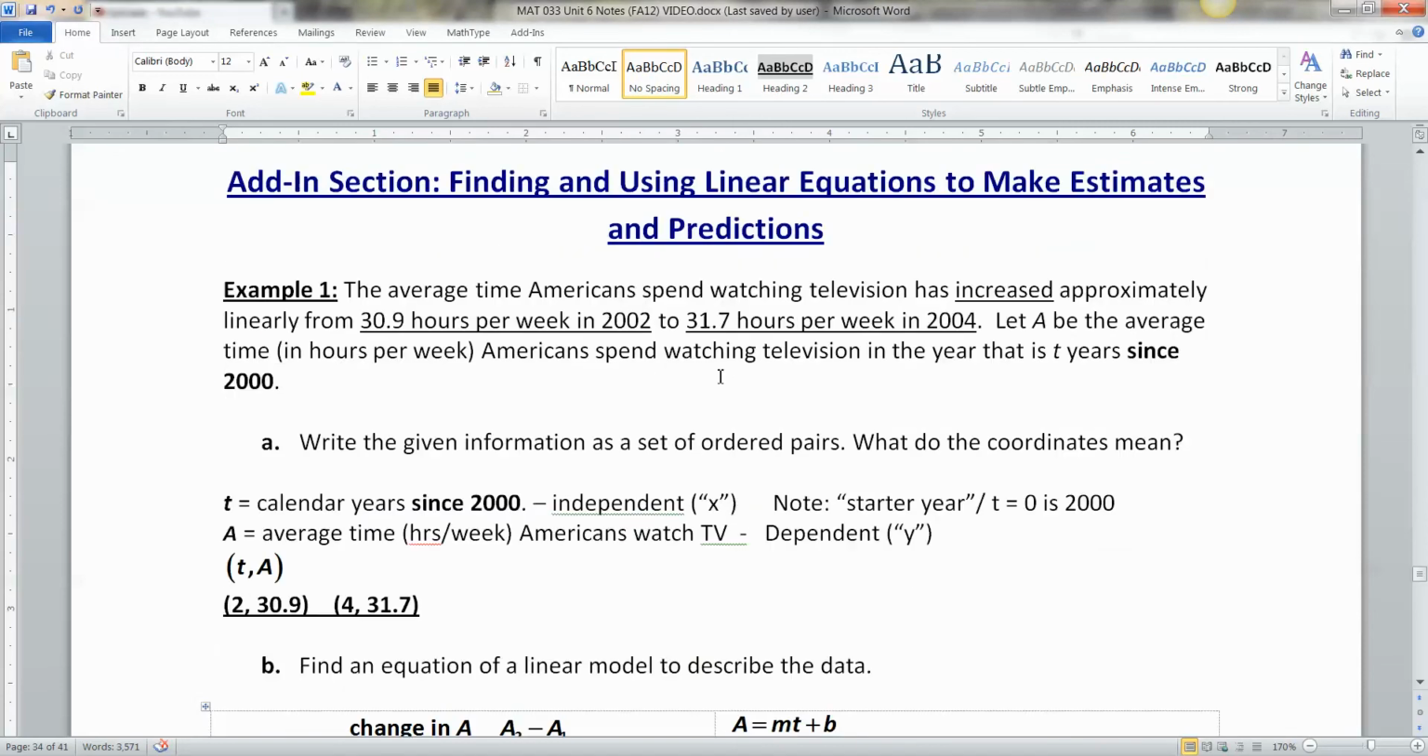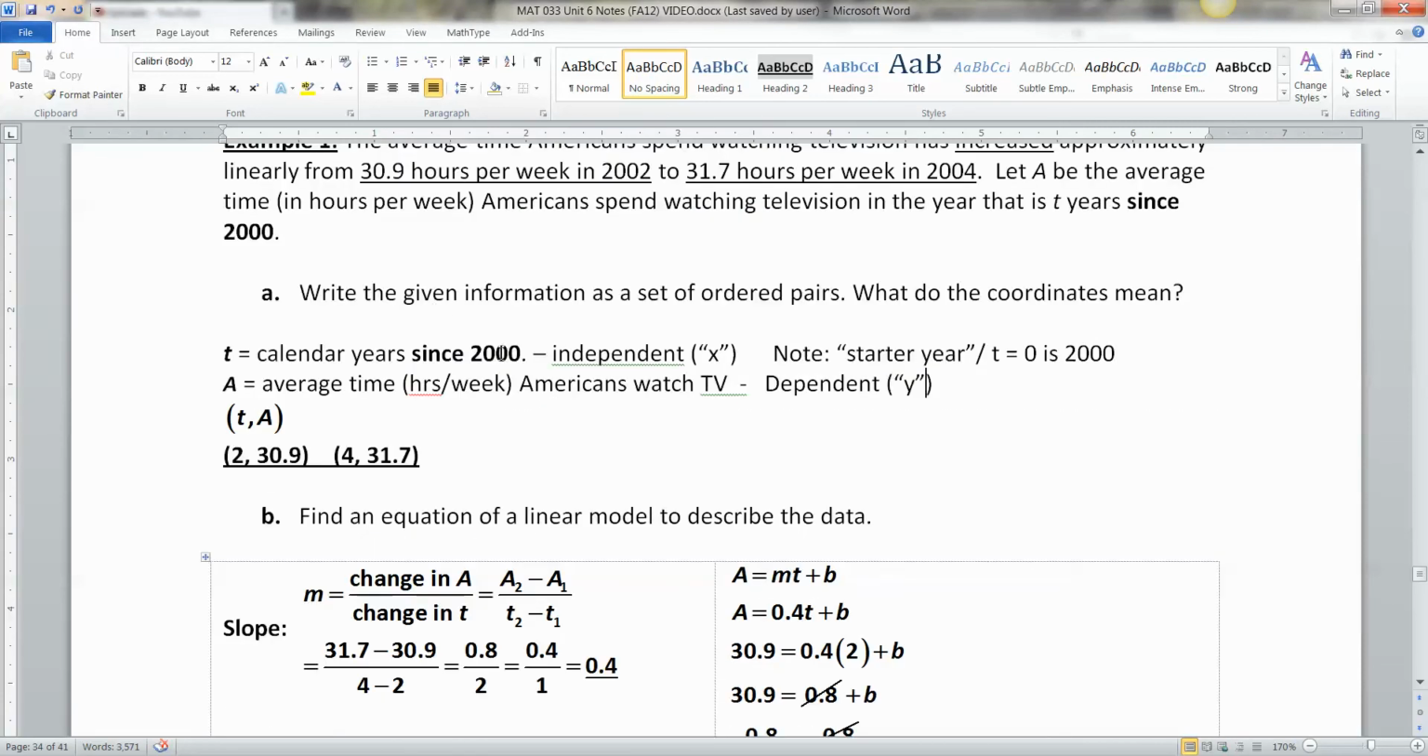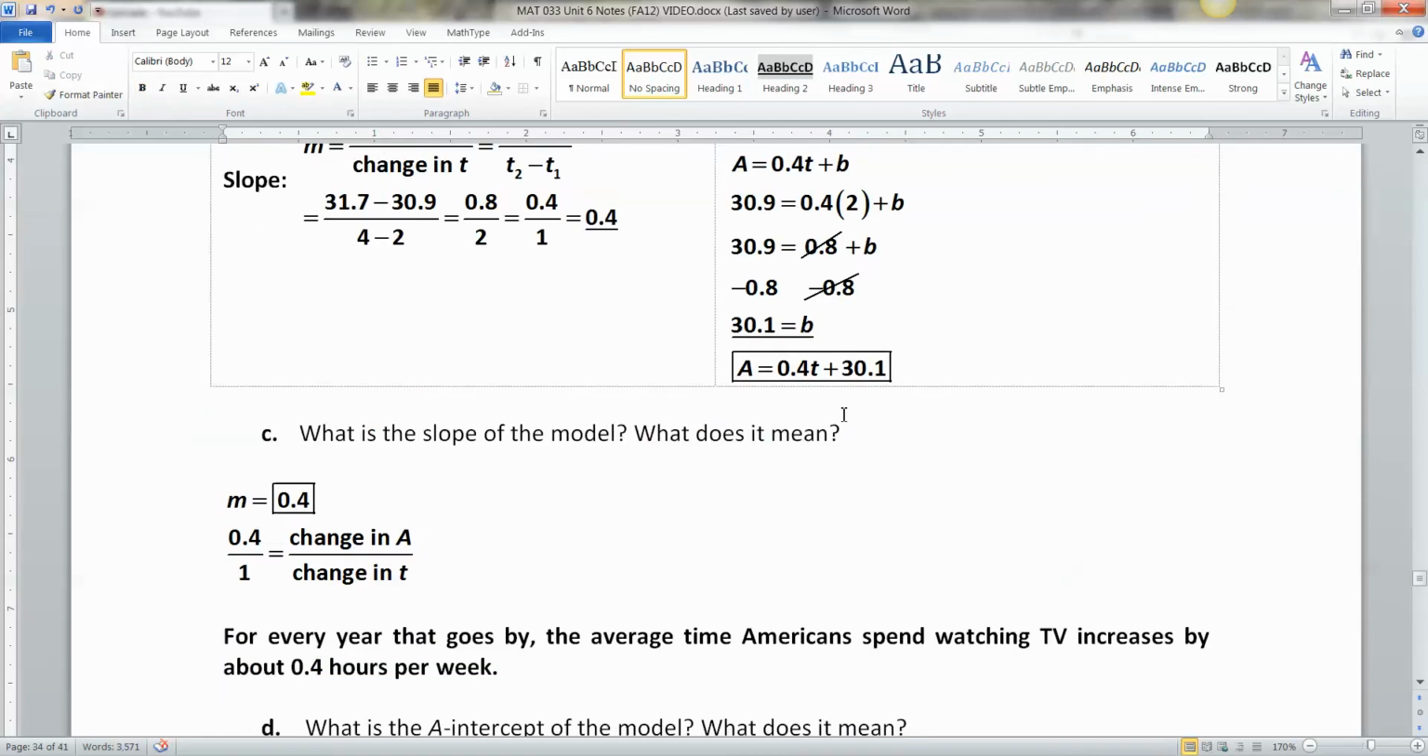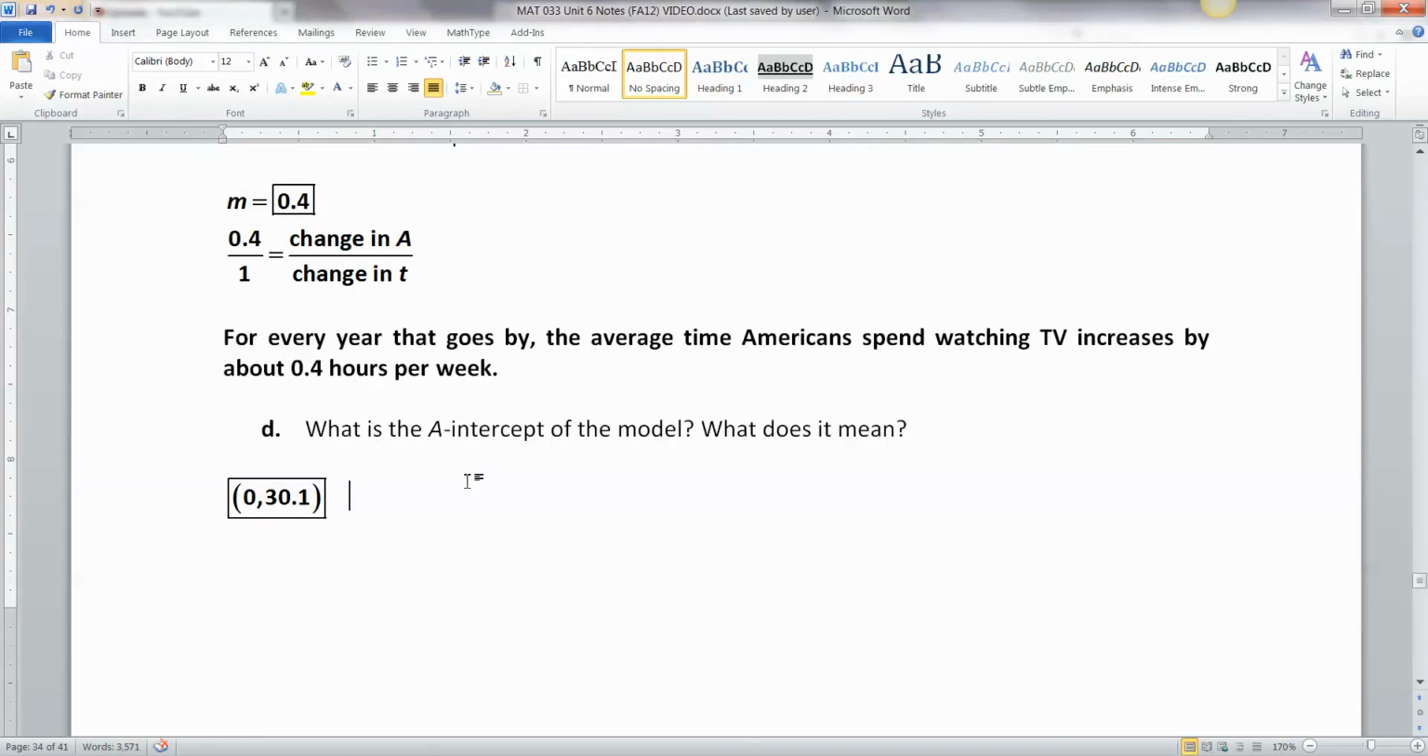Just kidding. There is no year 0. Haha. It's the year 2000. Remember, that was your starter year. See, I even wrote it right over here. T equals 0 is 2000. Okay, so in 2000,